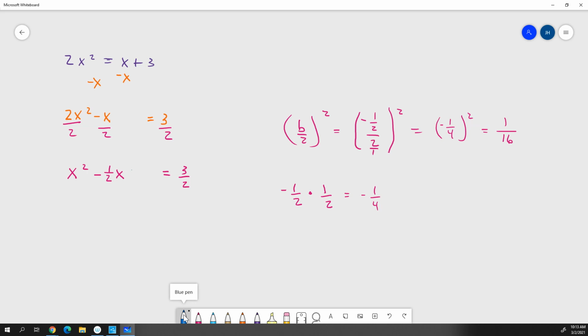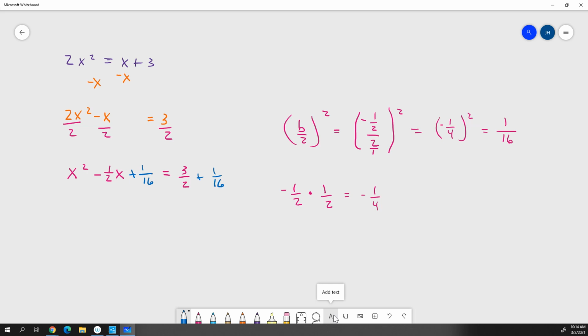We are going to add 1/4 here, and we're going to add 1/4 here. I don't know why I'm doing 1/4. I meant 1/16. I think I was still looking at the 1/4 that I squared. So we're going to add 1/16 to both sides,